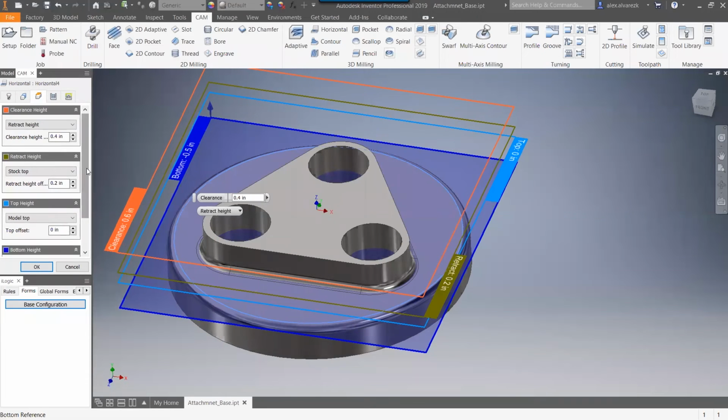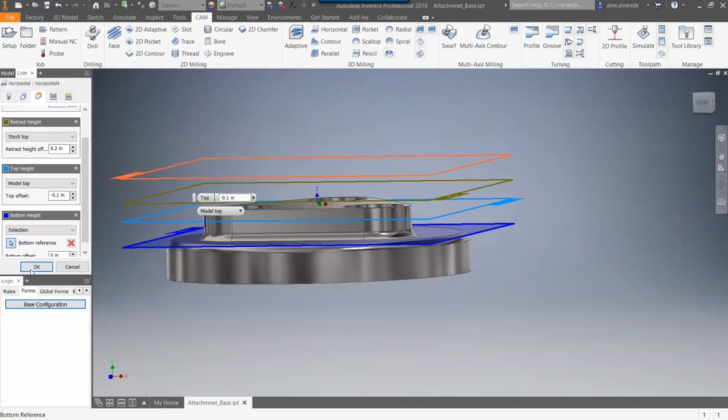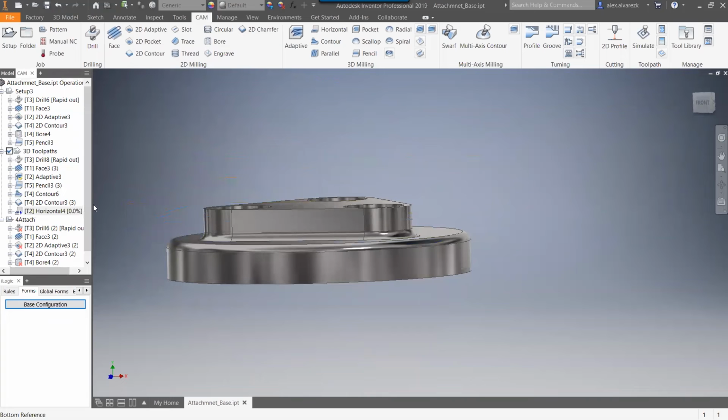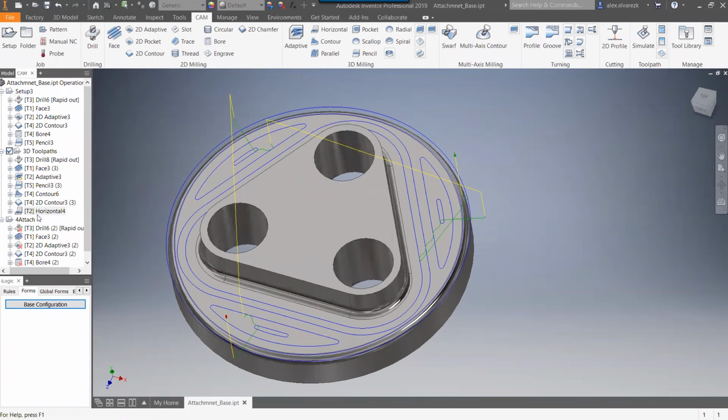And we want the top height to be the model top, but we want it to be a little bit lower. The reason being is that we don't want it to machine the very top of that surface there. So once you hit OK, it creates that finishing pass on the floor of the part. Right? So if we drag it up once again,